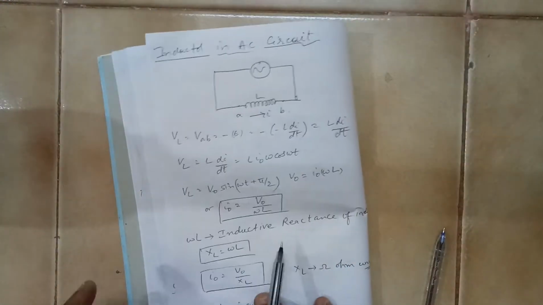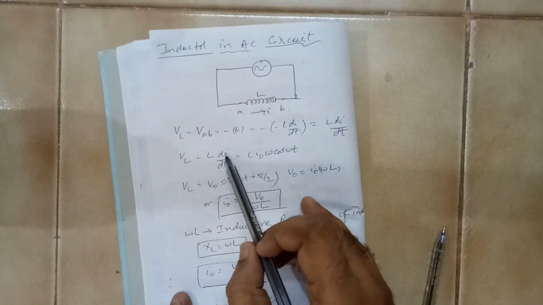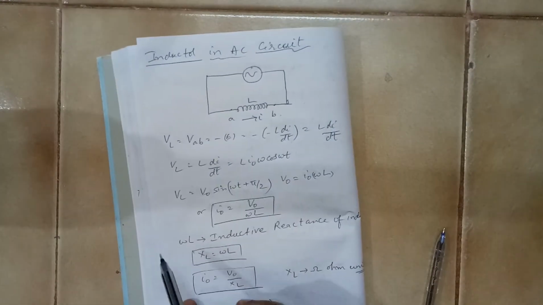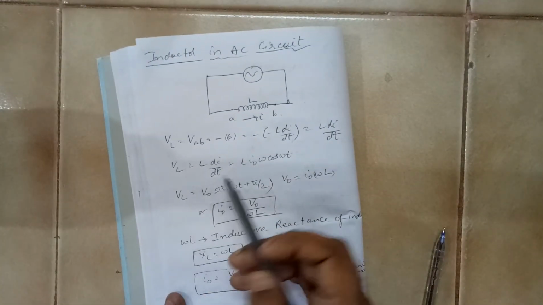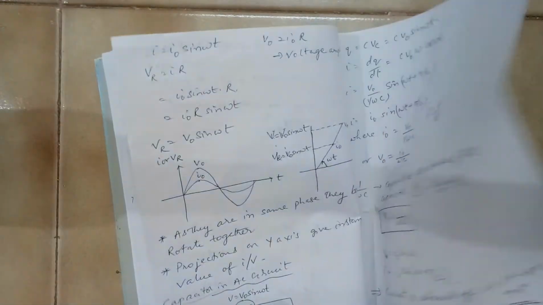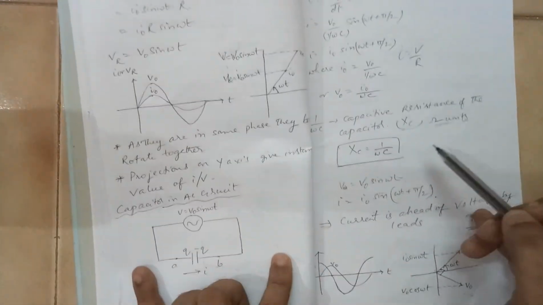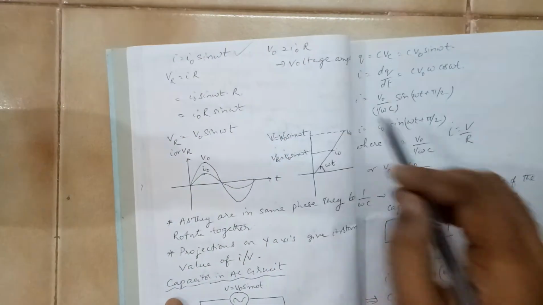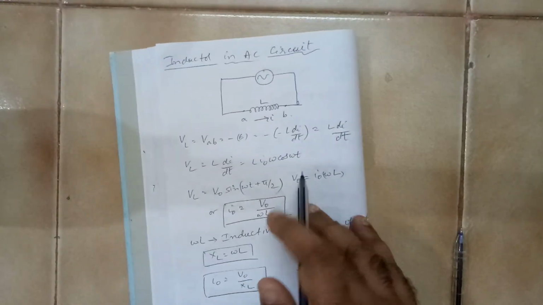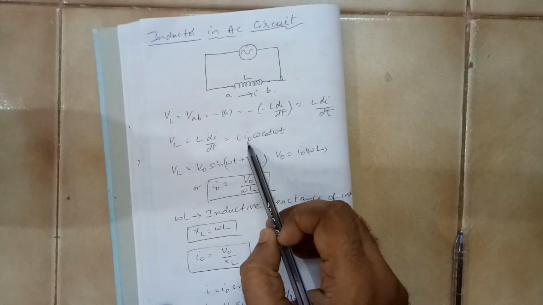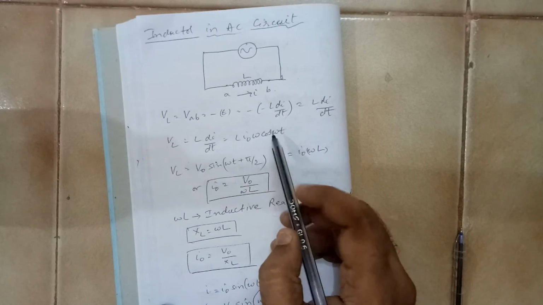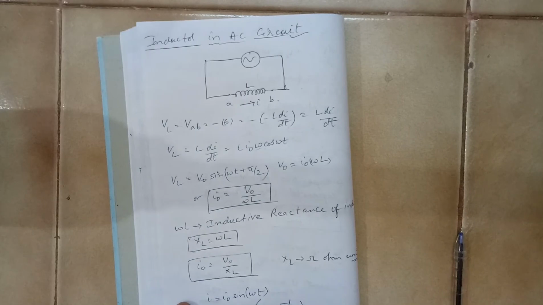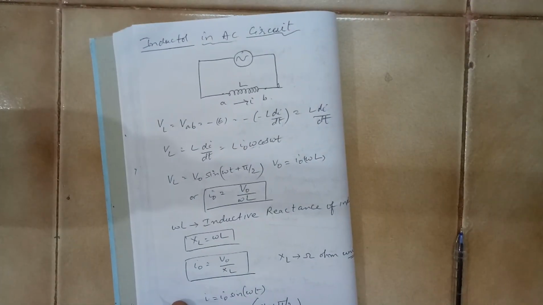Now here this I which is flowing through the circuit is not a constant value, it is a time varying function. So I is equal to I0 sin omega t, same as what we have assumed earlier also. When you differentiate that, you get I0 L, these are constants, sin omega t becomes cos omega t into omega. So this is the potential drop.